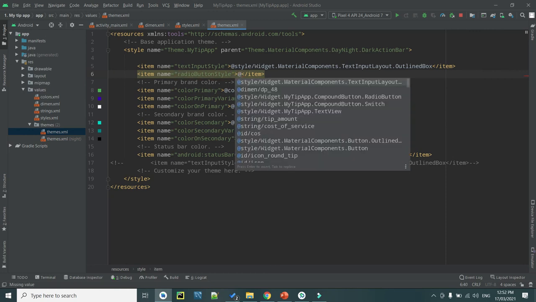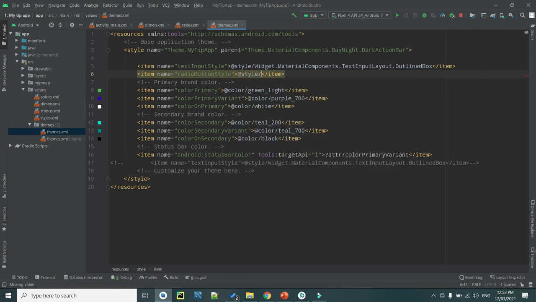And that will be style/ radio button my tip app. So don't forget, you have to just use the name application, not the app compat. Here is where we modified our style. Copy that one,